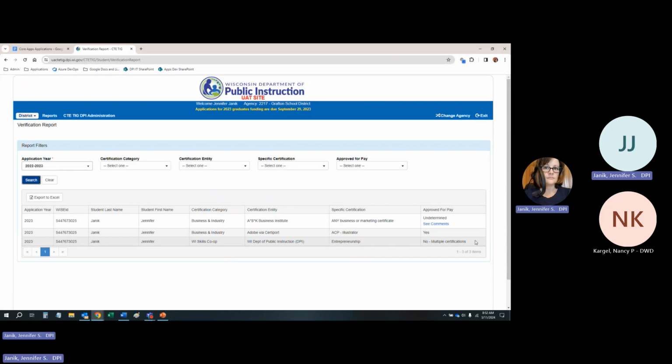Examples may indicate that a student has not graduated, or multiple claims were submitted for a student, or the program was not verified as having been completed. If a claim is not approved for pay, you may see a See Comments link. Click that link to view the explanation as to why the claim is not approved. This concludes the demonstration. We will now return to the slides for a review of the steps for